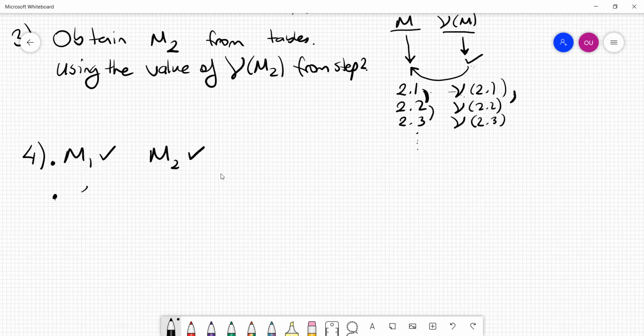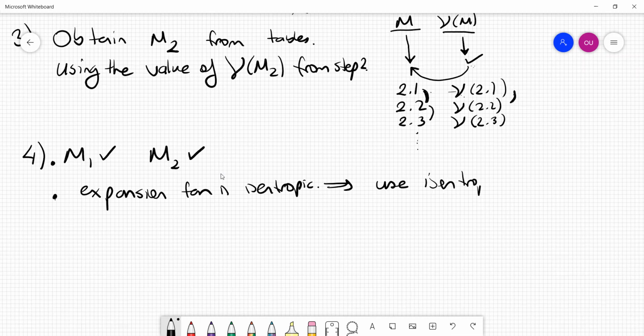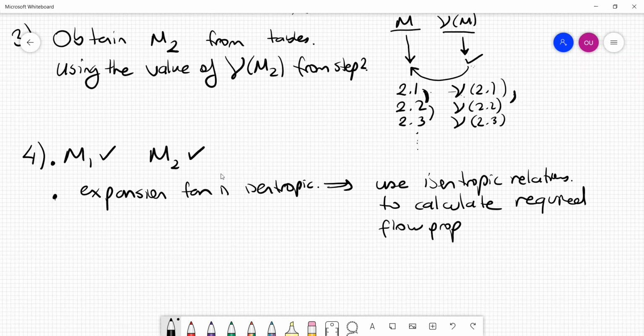So the expansion fan is an isentropic process. So basically we can use all isentropic relations to calculate the required flow properties. Isentropic relations like what, for example, if we are interested in, I don't know, the pressure,